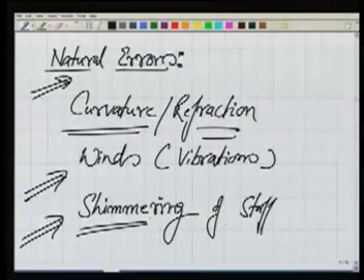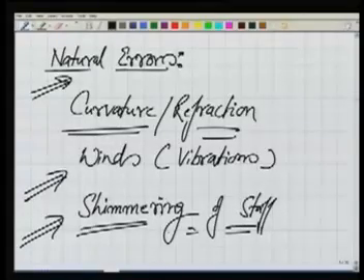and you can experience this only if you are looking through the telescope. Please do that. Look through the telescope at a staff which is kept 100 meters, 150 meters far away. What you will observe, particularly during the summers, because of different layers in the atmosphere and their relative movement, the image of this staff appears as if it is shimmering. So it becomes very difficult, if the staff is shimmering, to bisect a point there, and this leads again to